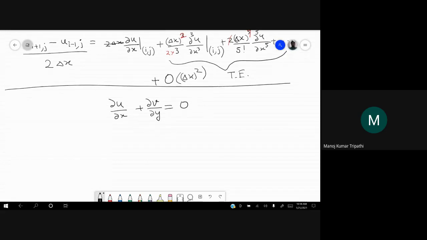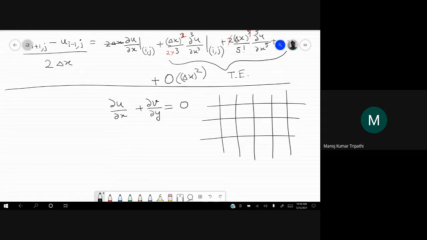So we have divided the domain into several points. This is called a grid. These are different points where we are going to store our variables. So u will be stored here, v will be stored here. This is x direction, this is y direction. u, v will be stored only at these points. They are not defined everywhere in the domain.